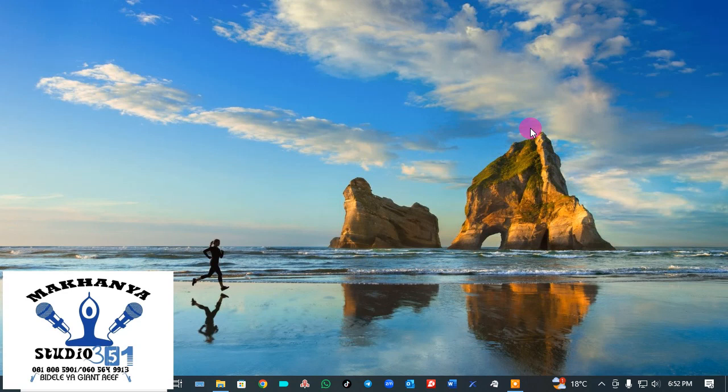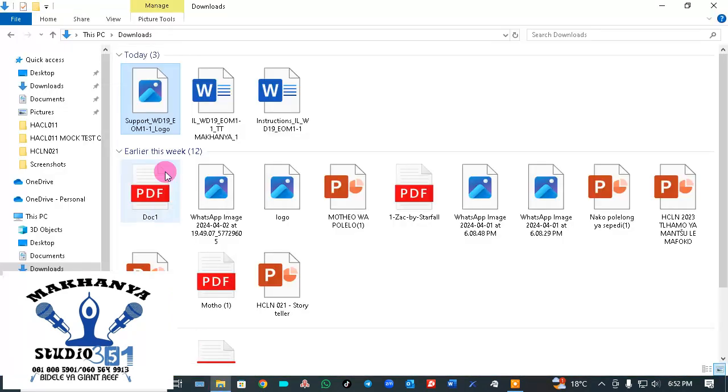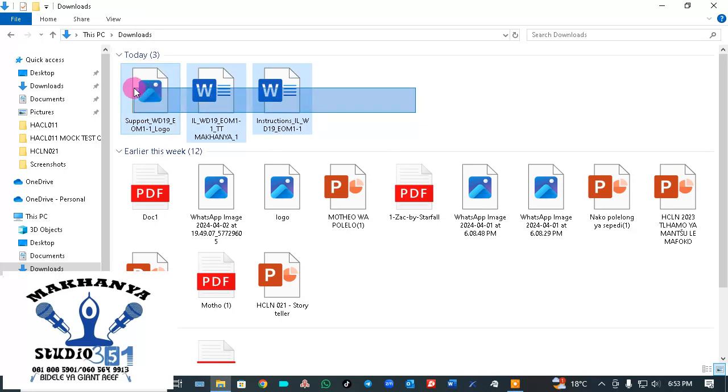Okay, so I'm going to start with the basics as I have downloaded the files from SAM. I've downloaded the files from SAM that we are going to use, and I think those instructions have basics in computer. So this is our files, these three files. These files are from SAM,